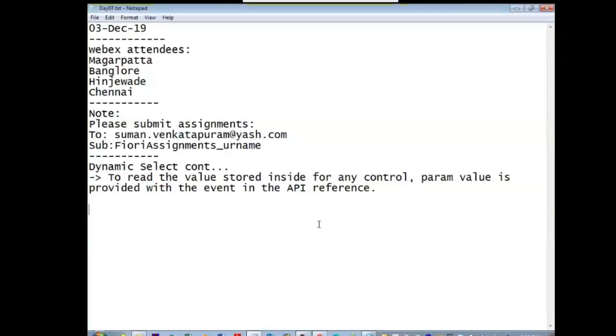Let us go to the select control and let us see what this param value is, and how to read the value stored inside the control.